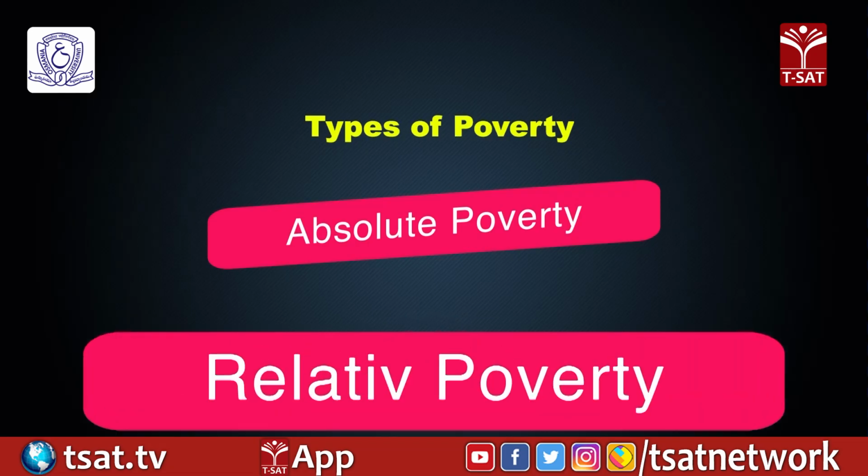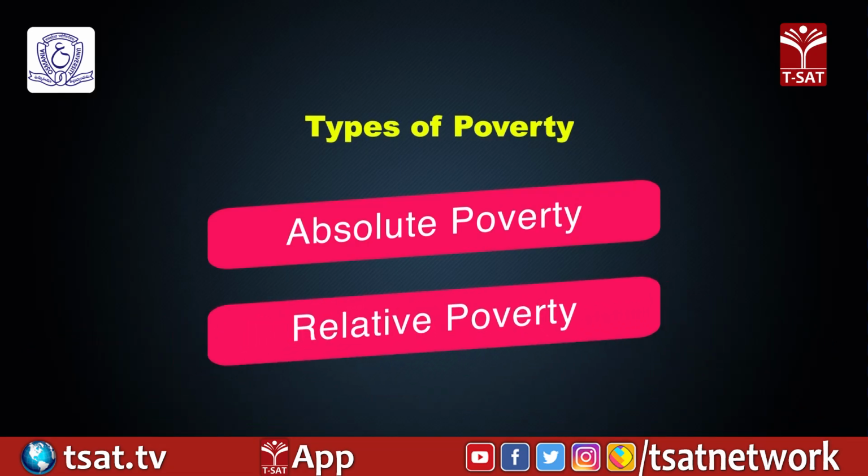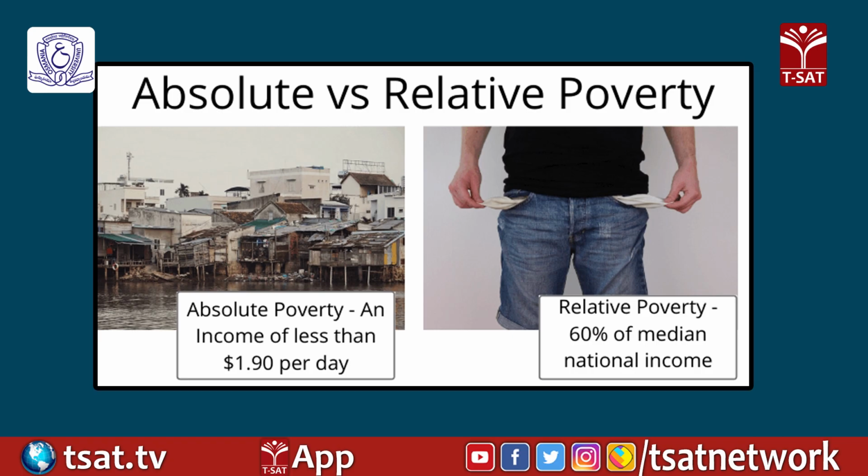Now, what is relative poverty? It is defined from the social perspective, that is living standards compared to the economic standards of the population living in the surroundings. Hence, it is a measure of income inequality. Usually, relative poverty is measured as the percentage of the population with income less than some fixed proportion of median income.